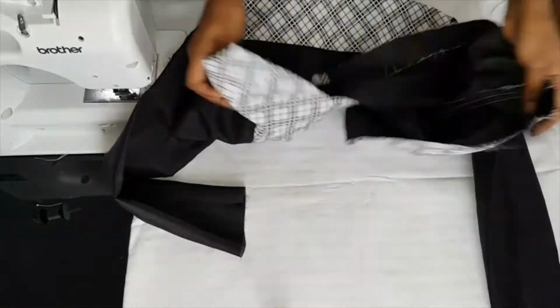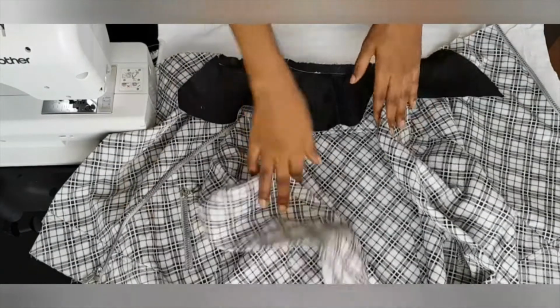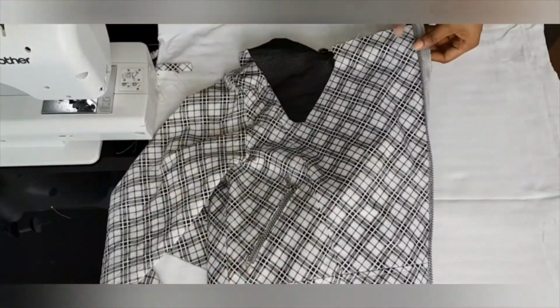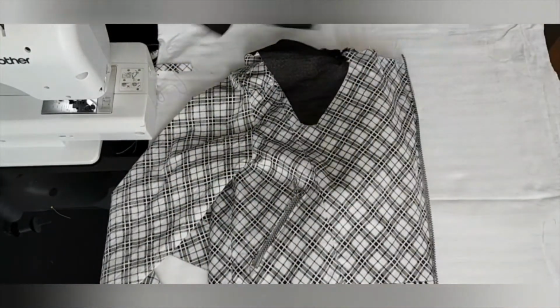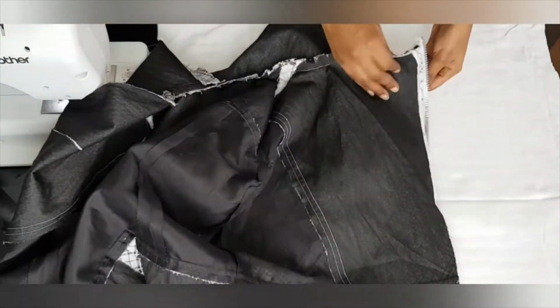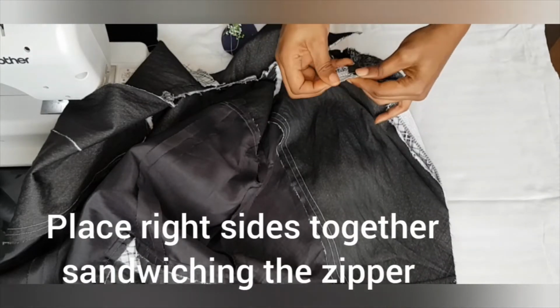Now we're going to go ahead and join our lining piece to our main garment. So I'm going to start with the lapel. So placing right sides together, I'm going to pin along the lapel piece or the overlay of the fabric of